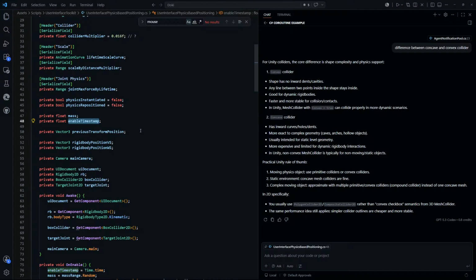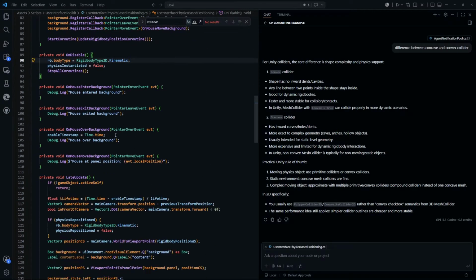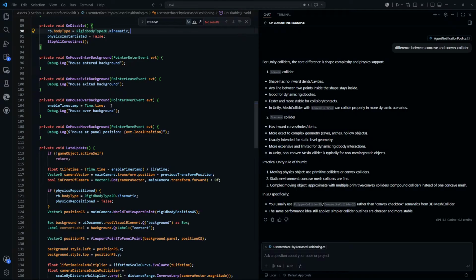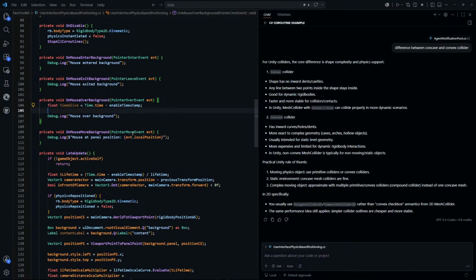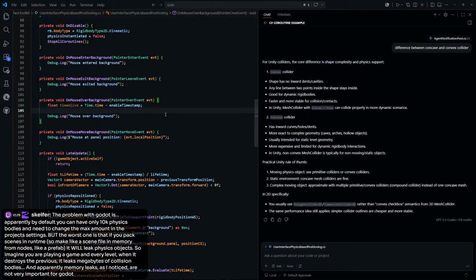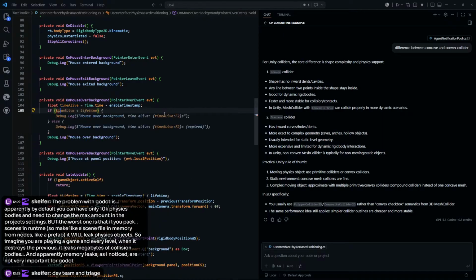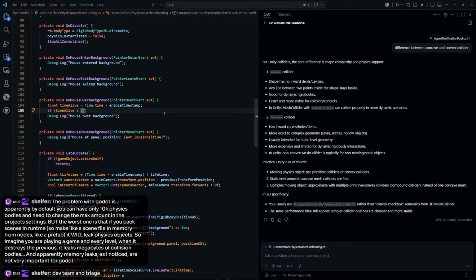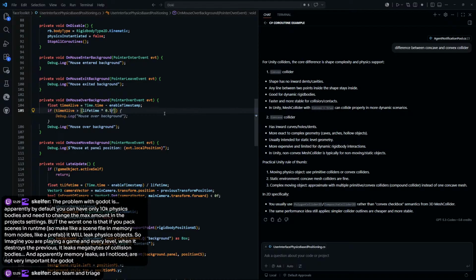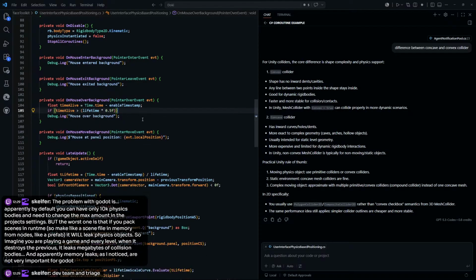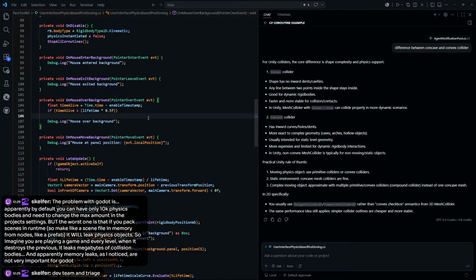Maybe we can do it like this. Enable timestamp. Let's do some heavy calculations here then. Float time alive is equal to this. And then I want to do, if time alive is greater than lifetime times 0.5f, then I want to do